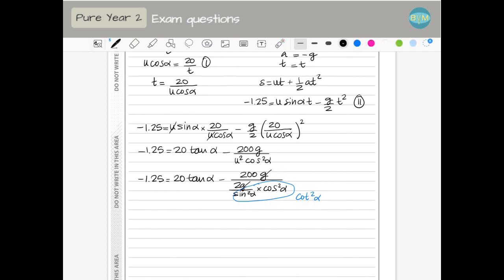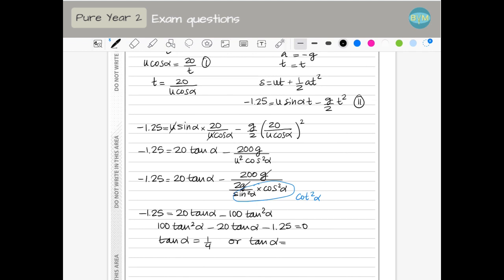So the whole thing is going to be minus 1.25 is 20 tan. We cancel the g, and then 200 divided by 2 is 100. So minus 100, and tan squared alpha is a quadratic, so I have 100 tan squared alpha, minus 20 tan alpha, minus 1.25 equals 0. When you solve this quadratic, you get tan alpha is 1/4, or tan alpha is minus